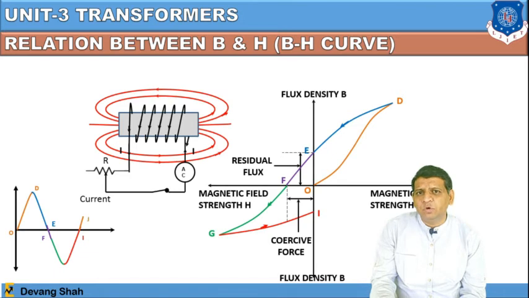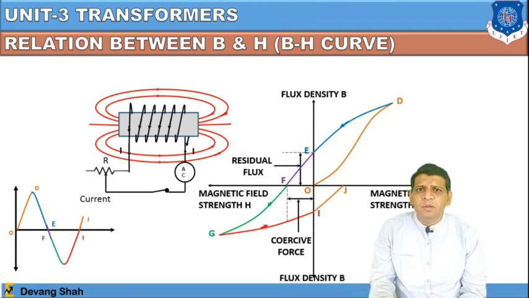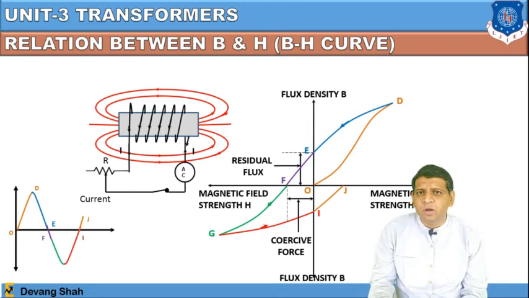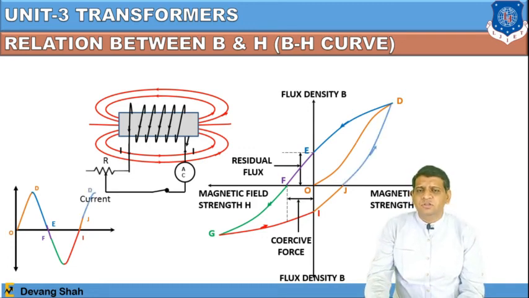Now again that part I want to make 0. So for the magnetic flux density to become 0, I have to apply magnetic strength in a positive direction, and that particular extra force I have to apply in a reverse direction is defined as a coercive force, right? Now I'm completely finishing the full one cycle from J to D. You can see here there is a generation of a loop, and that particular loop we define as a hysteresis loop.